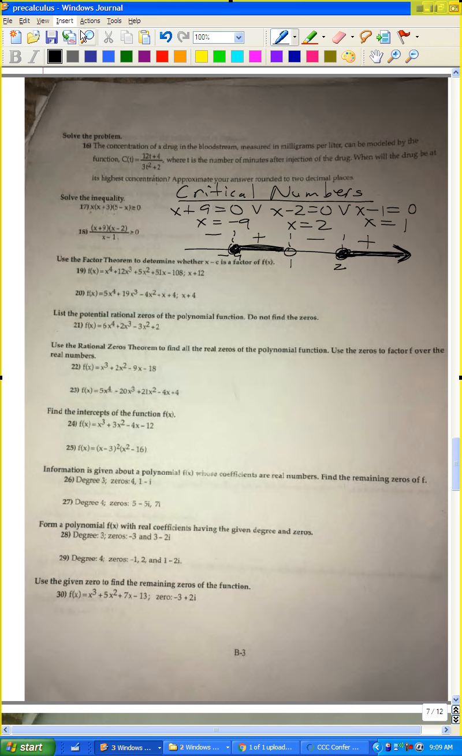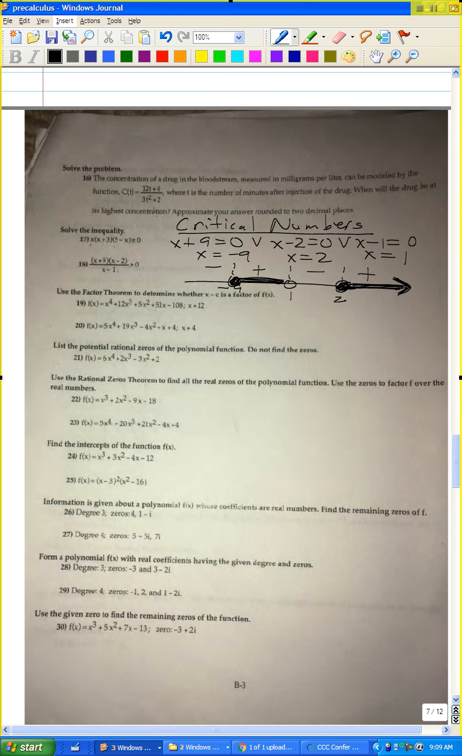Use the factor theorem to determine whether x minus c is a factor of f of x. Okay, that's actually relatively short. So for problem 19,